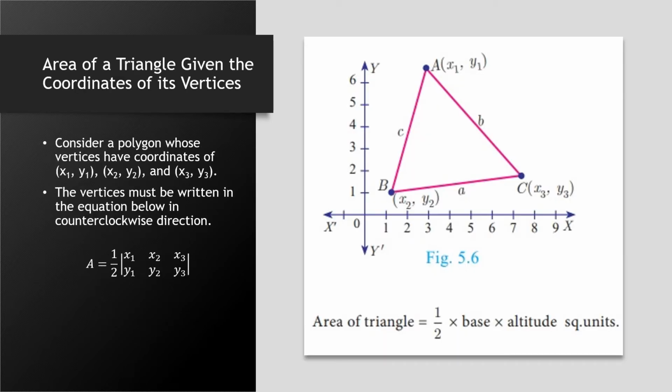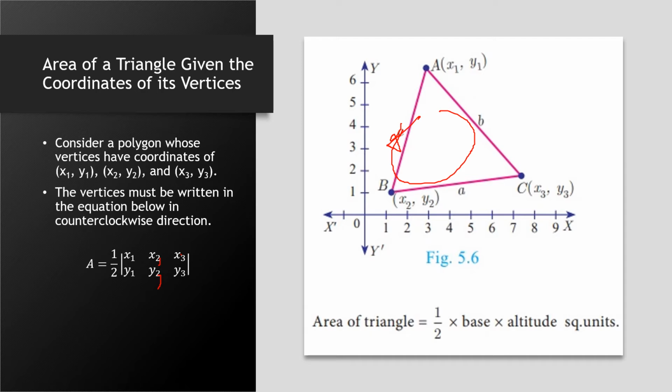You can also find the area of any polygon given the coordinates of its vertices using analytic geometry. But in this example, we are just going to use a triangle because it's the simplest polygon out there. Consider a polygon with the vertices given as (x1, y1), (x2, y2), and (x3, y3). The area of this polygon is equal to 1/2 of the determinant of the matrix formed by its coordinates, and the vertices must be written in counterclockwise direction. So in this example, we start from A, we go counterclockwise. So our equation here is wrong. It should be x1, y1, x3, y3,